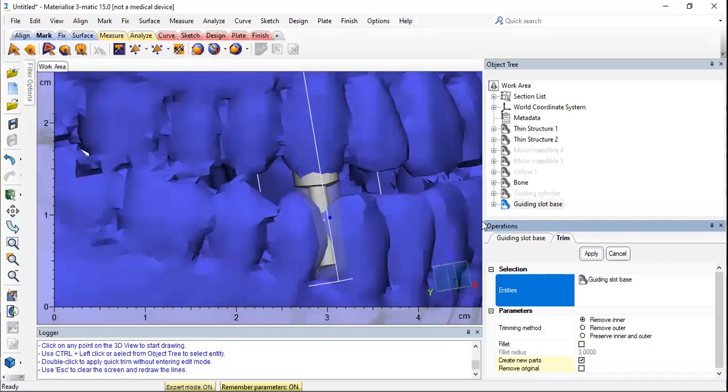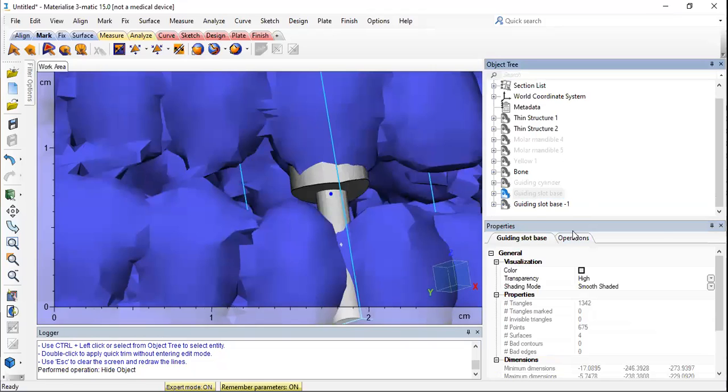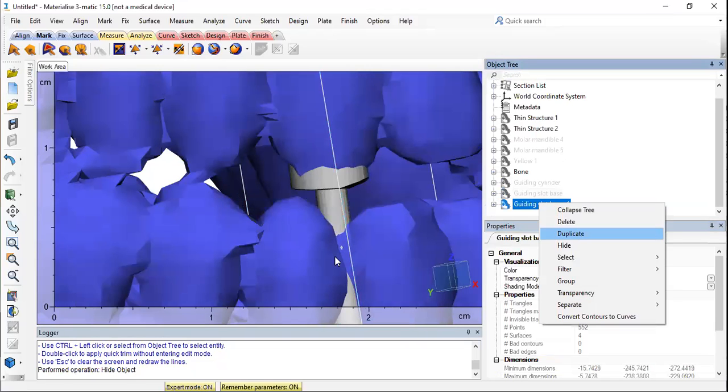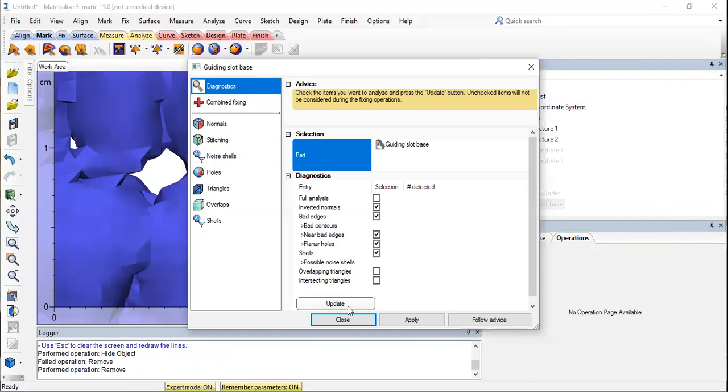I think because we've not fixed the file, I'm getting an error. Ideally there should be a slot here, but we've not fixed the file, so we're facing the error. So we'll first go and fix the file. If you're performing any function and you get an irregular output, always know that you have to fix the file, because that may be what is generating the error. So I'm just going to run a fix.